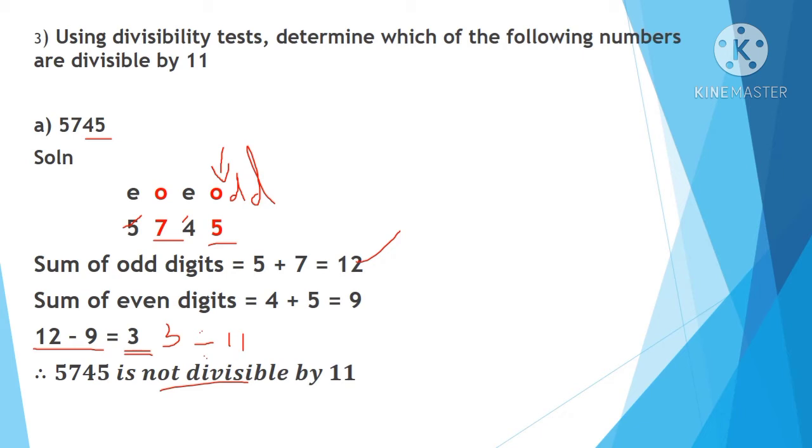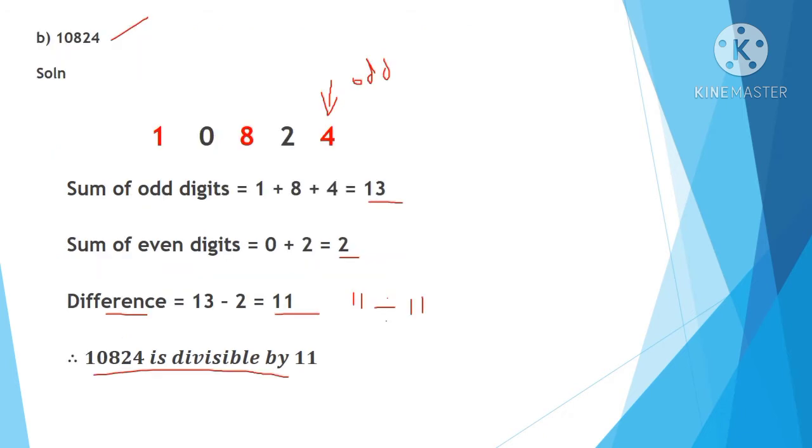Understood, children? Now let's see one more example. Here what is the next problem? 10,824 is a number given to you. Now you want to write odd even. Here red color I have given for odd places and black for even places. Always we'll start from the ones place, and that too we'll start with odd. Do you remember, children? This is very important. Don't make a mistake in this.